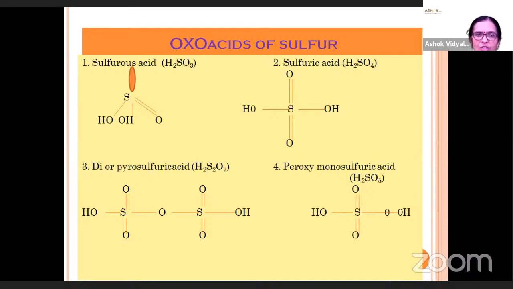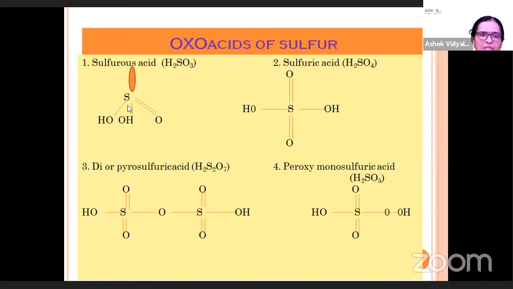Write the structure and formula of any 4 oxo acids of sulfur, or any 2 oxo acids of sulfur. Depending on the nature of the question or marks, you can write one or more structures and formulas of the oxo acids of sulfur. The first oxo acid is sulfurous acid, that is